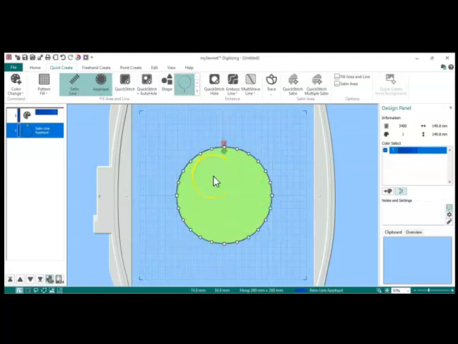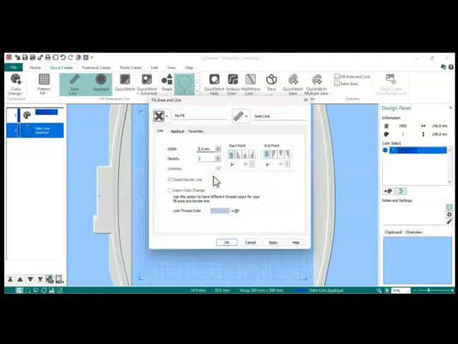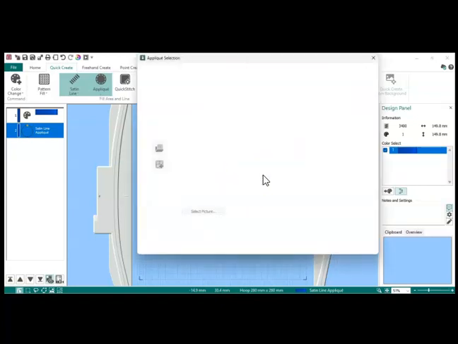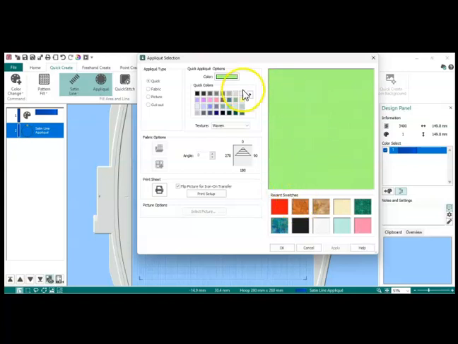circle with an applique. I'm going to get a little fancy here just for kicks and giggles. So we have the line is 1 millimeter thick. I'm going to change that into a 5 millimeter. I'm going to go into applique. Right now it's a standard applique. You can select the fabric so you can change it to whatever color you want,